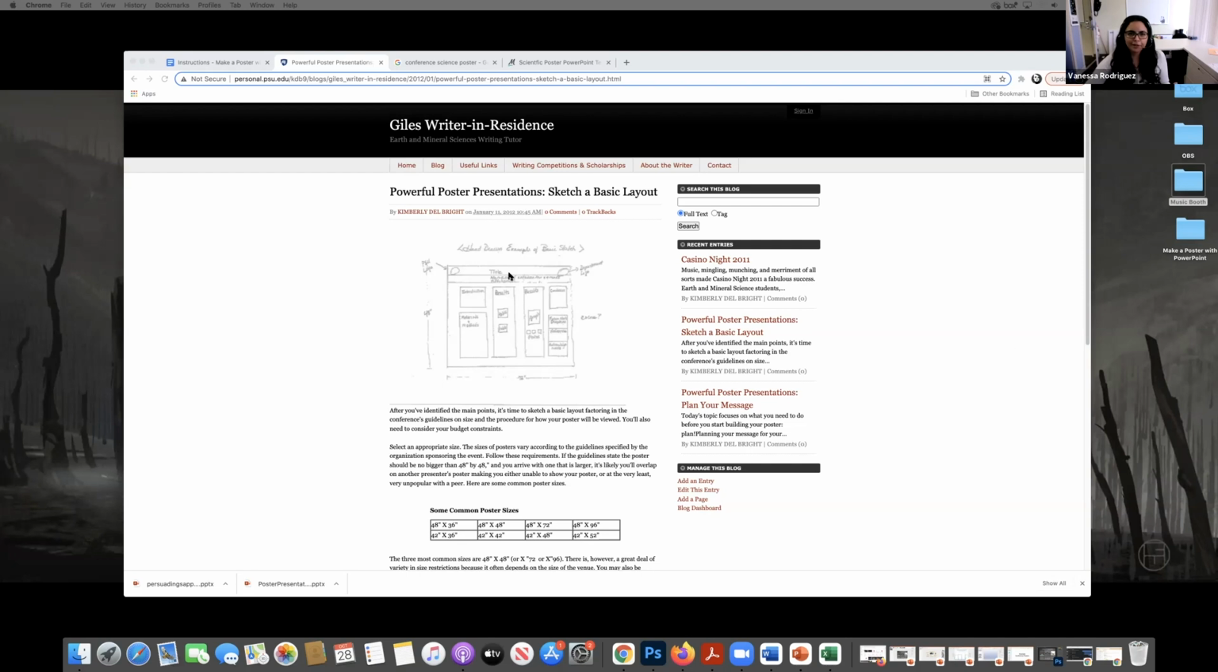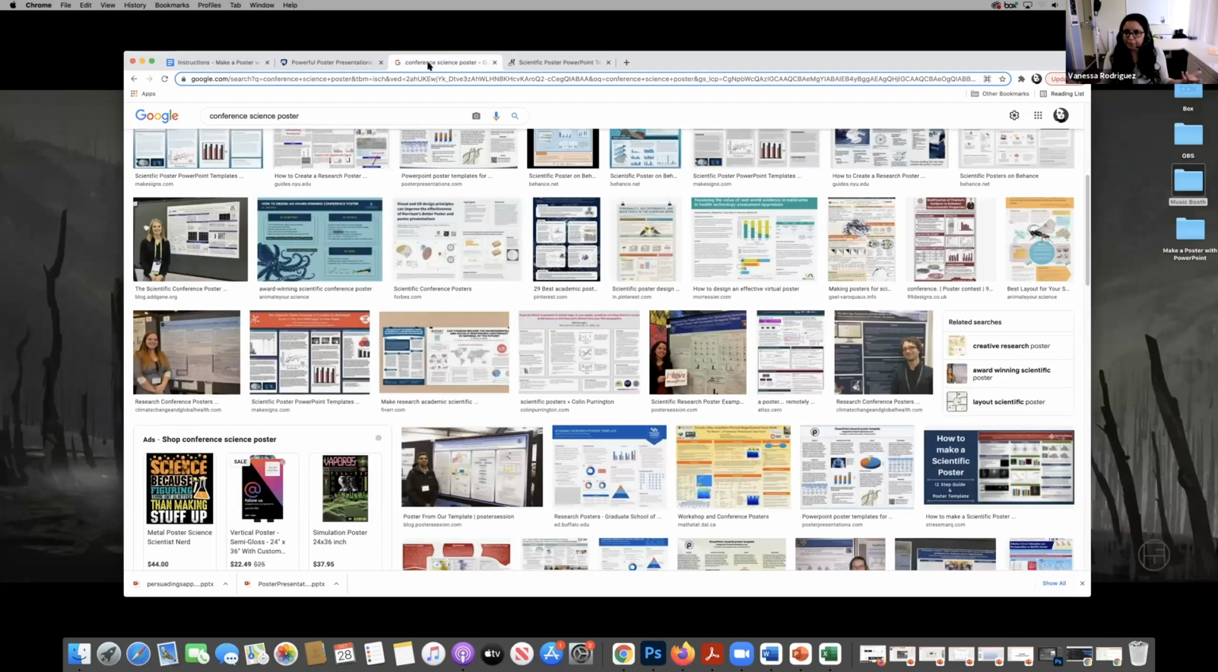Here you can see little sketches in certain areas. I think it's a better idea than just starting with a blank screen and sticking things all over the place. It's better to have an idea of what you want to say and where it should go, to flow with your storyline, whatever you're presenting about. I would also say, Google presentation posters to get some ideas of what you might want yours to look like,